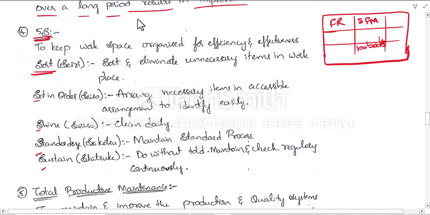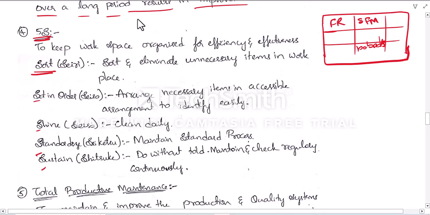On the cover the faculty name or the subject name is written, so if you keep that on your front side, you can easily find the book you want whenever you want to pick it up. So we have to arrange all the necessary items in an accessible manner.